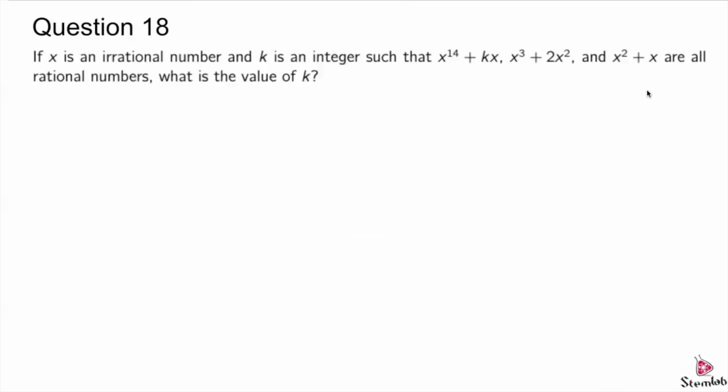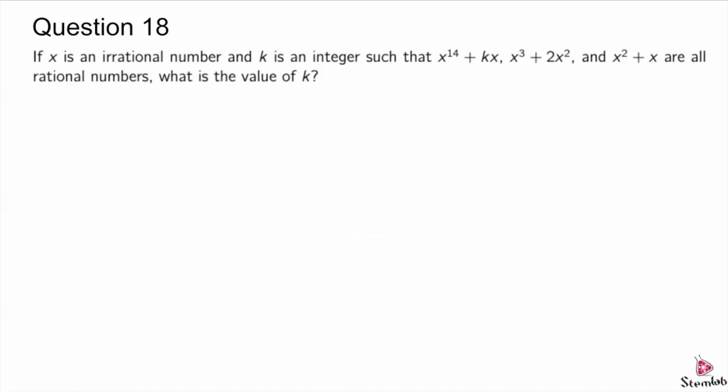Question 18 states that if x is an irrational number and k is an integer such that x to the 14 plus kx and x cubed plus 2x squared and x squared plus x are all rational numbers, what is the value of k? Okay, so first thing to note, if x is an irrational number where we can make it rational by raising it to some powers or some combination of powers,